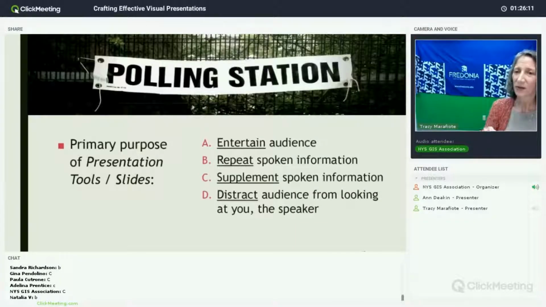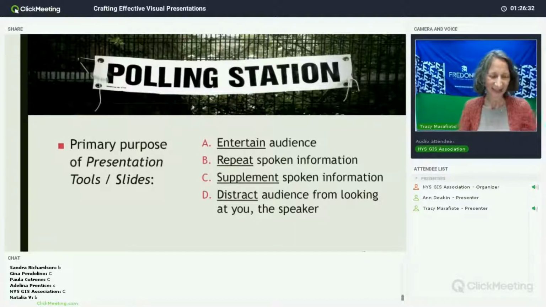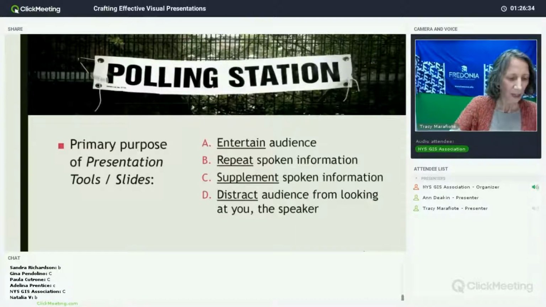Its primary goal is to supplement what the speaker is saying, what it is that you are conveying to the audience verbally. Now, some of you said that it might be to repeat, and I can see that that makes a lot of sense too. Now, we do want to entertain the audience, in the sense that we want to keep them interested, but that's not the primary goal. And certainly, I hope you're not looking for it to distract the audience.